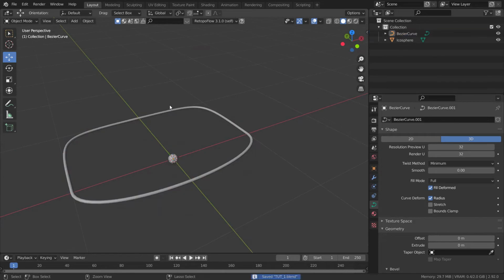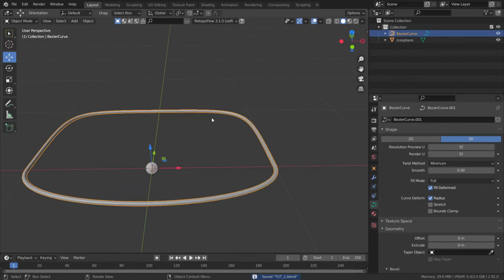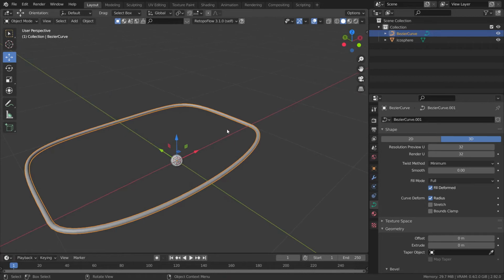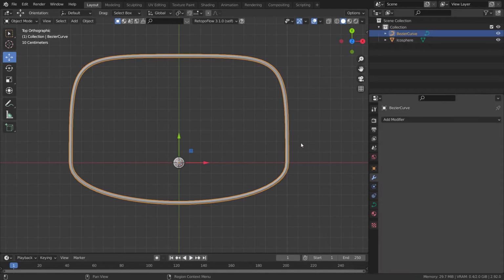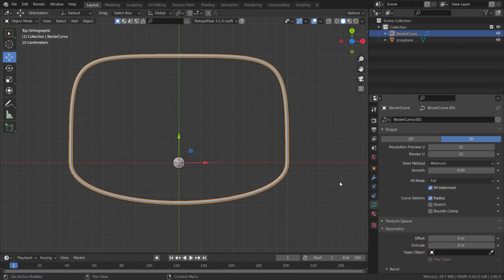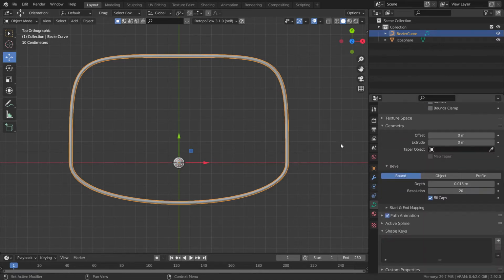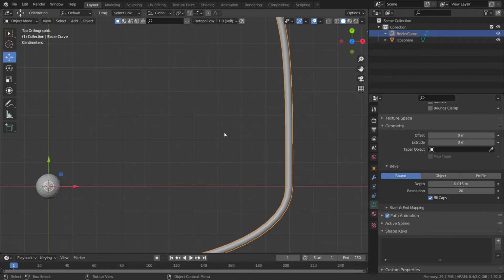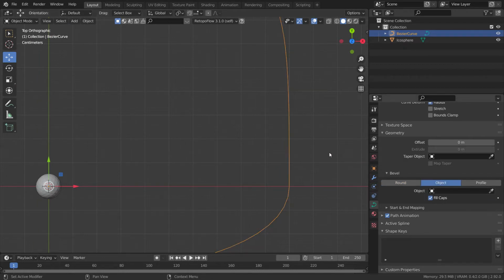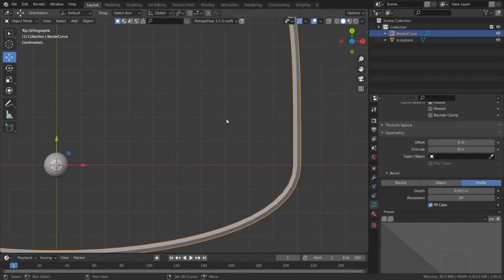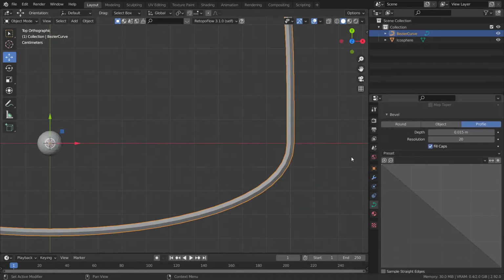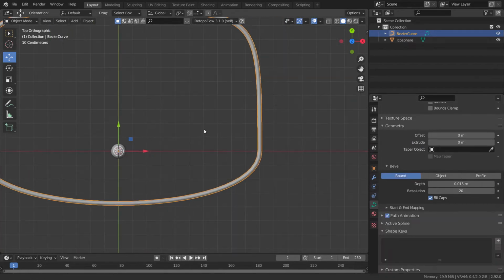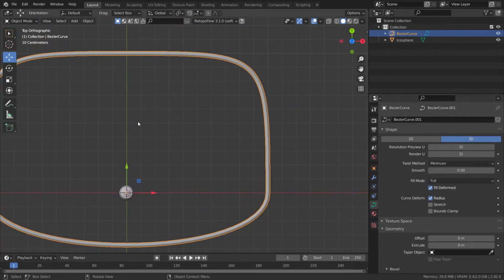And now this is a little bit of a tricky part, because this can be a little different for everyone, depending on the situation. So let us select our curve, and okay, our curve properties are fairly good. You can also choose a custom profile for your curve in the bevel section with some object, or you can make your custom profile with a curve, but I think that will be too advanced for beginners. So let's just keep it to round, as this proves to be a really good wire object.